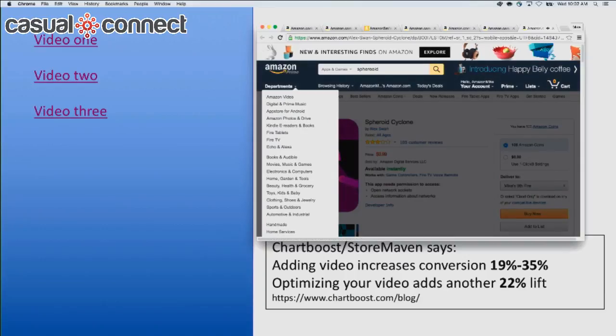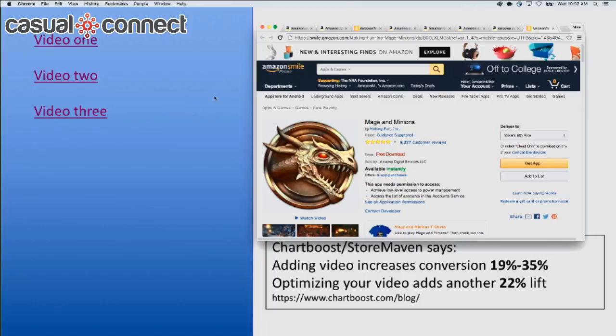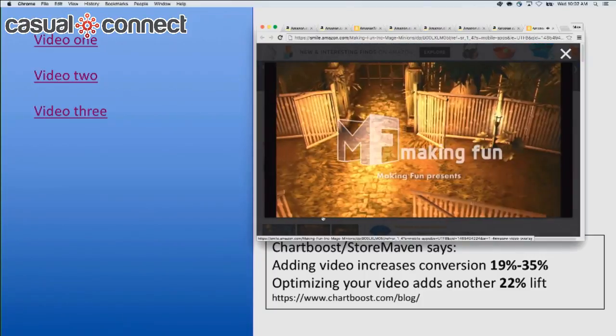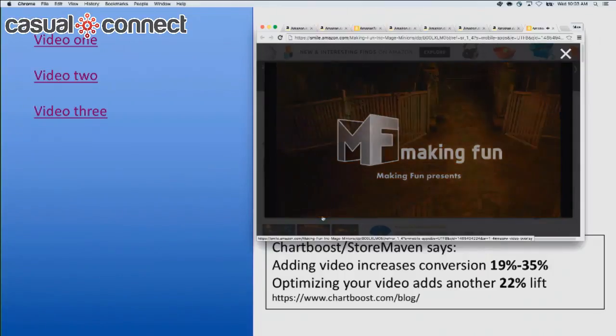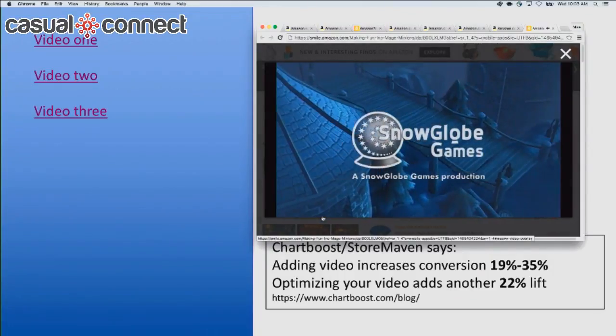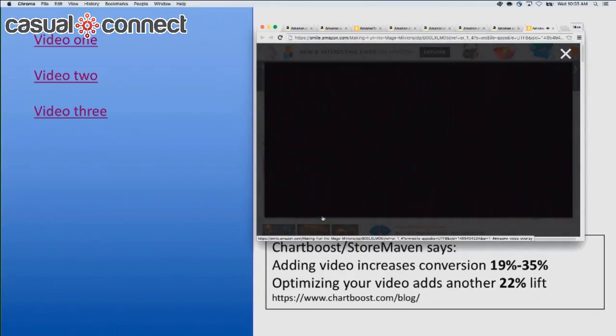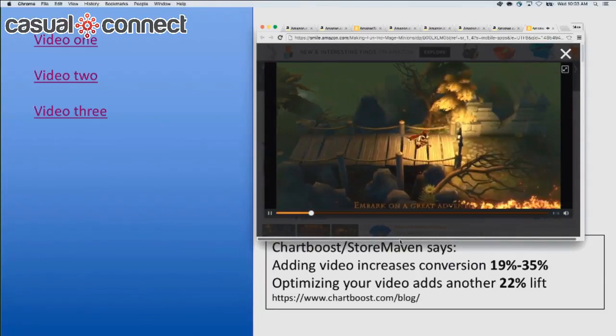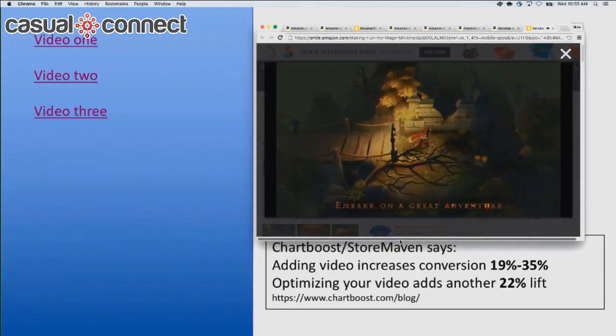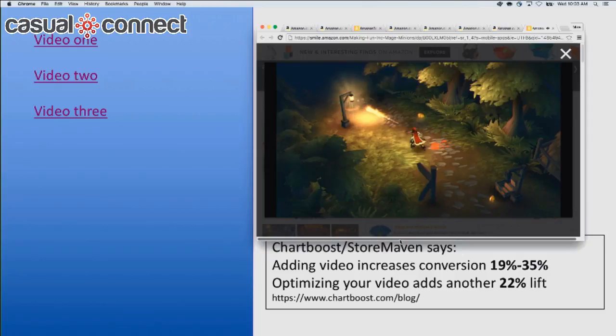So let's look at one that's slightly more optimized. This one shows more of the gameplay and also highlights some of the aspects of the game that make it stand out. There's annotations at the bottom. And one of the cool things about this game